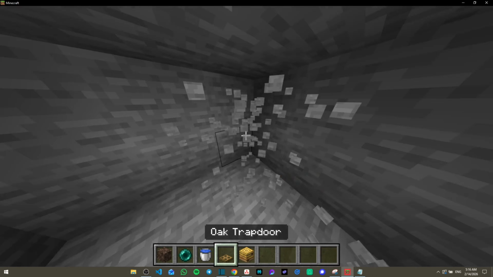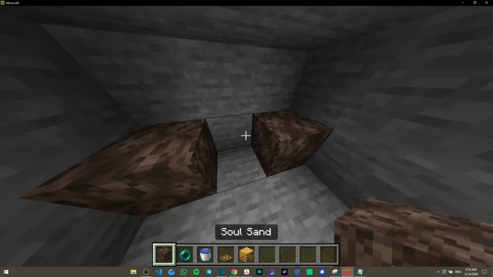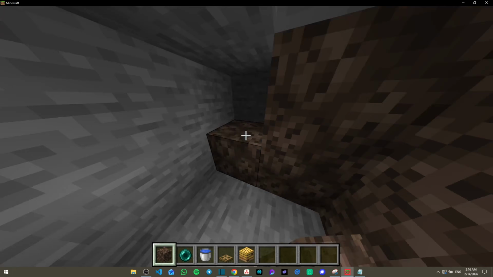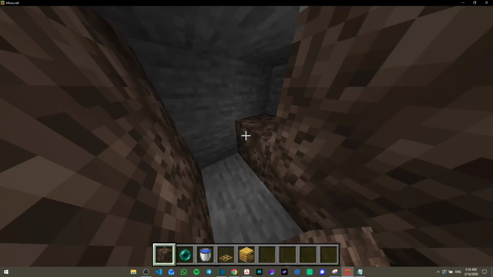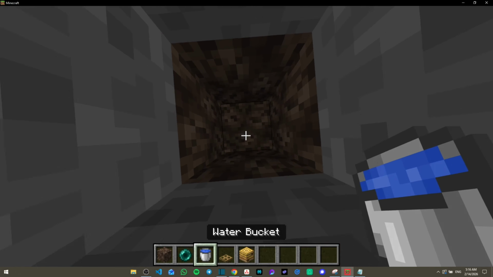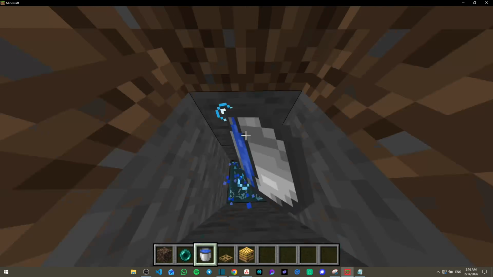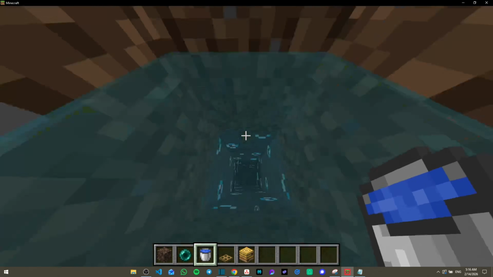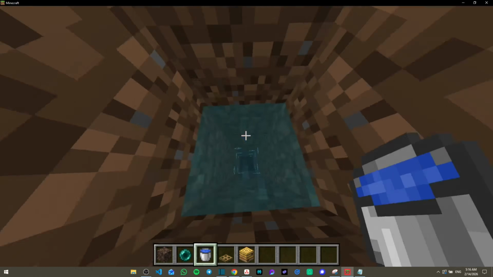Once that is done, you're going to fill all this area with sandstone. So if you have sandstone, you're just going to fill it like that, gather it, and then just have it like that. Then from here, you're going to add water buckets slowly, and you're going to jump right after each one. And then from here, once you're done,